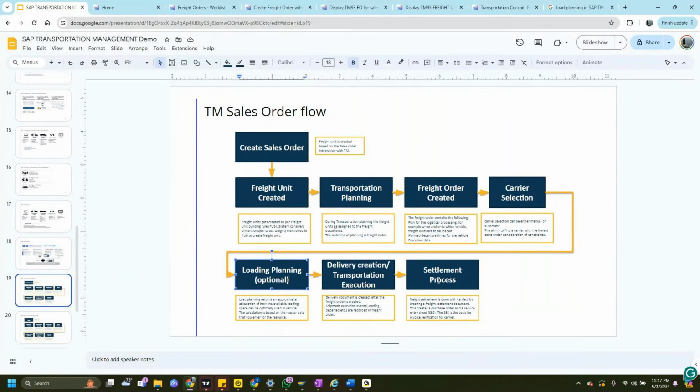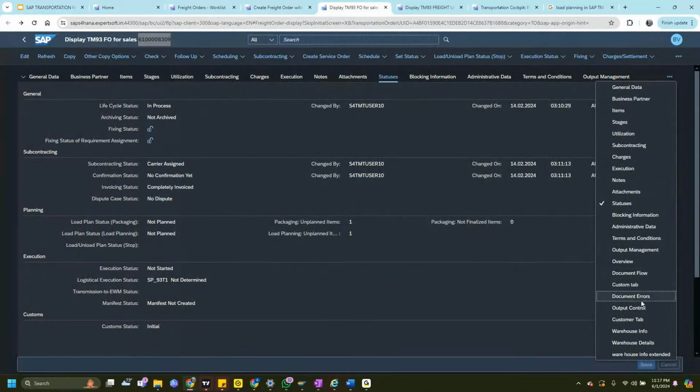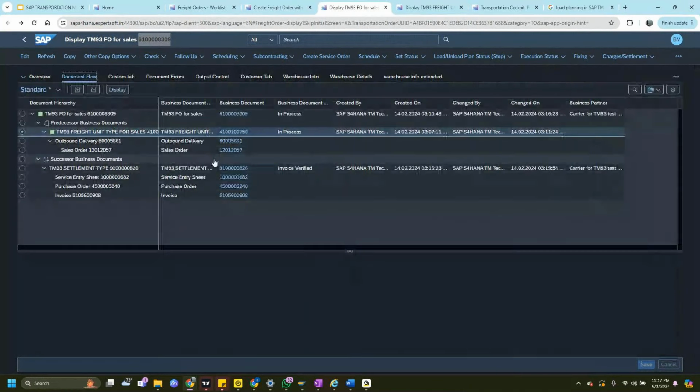And yeah, then comes the settlement process. I'll open the freight order. When you go into the document flow, this document flow is nothing but a purchase order history or a sales order document flow, something like if in your EWM you want to see the status activities over there. It would show all the references to that particular source document. This is that kind of a document flow, which shows the end-to-end structure of this particular freight order.